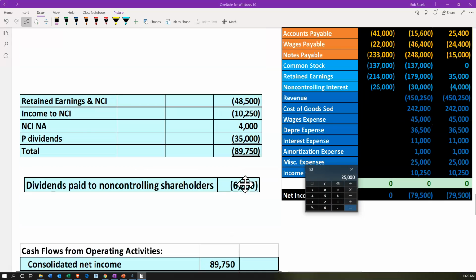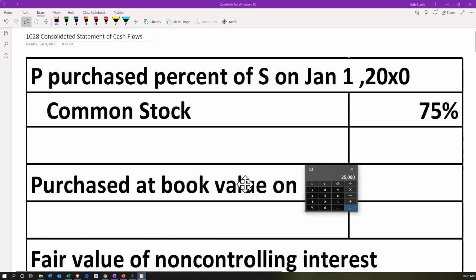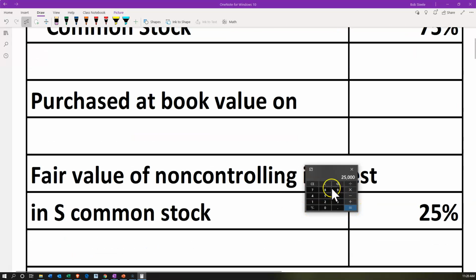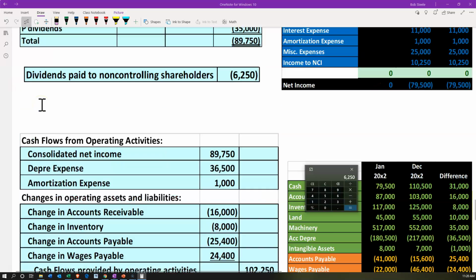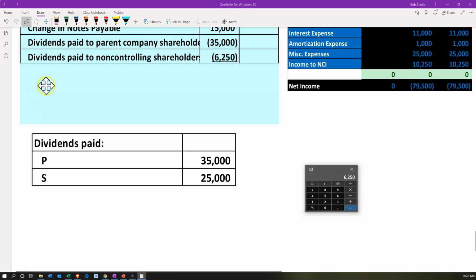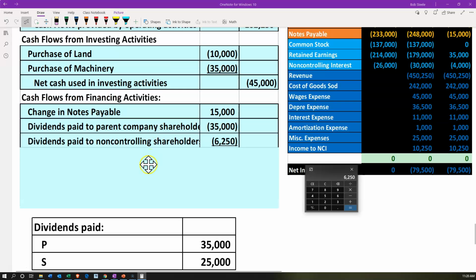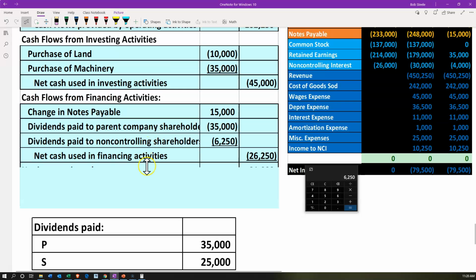So we're looking at that 25,000, and then we want the percent, which I'm going to go all the way up to the top, which was 25%. So I'm going to say times 0.25. That's going to give us the 6,250. So we have the 6,250 here, and then that's going to give us the net cash used in financing activities, which is the 15,000, the 35,000 minus the 35,000 minus the